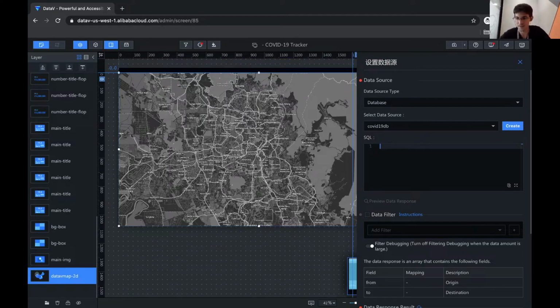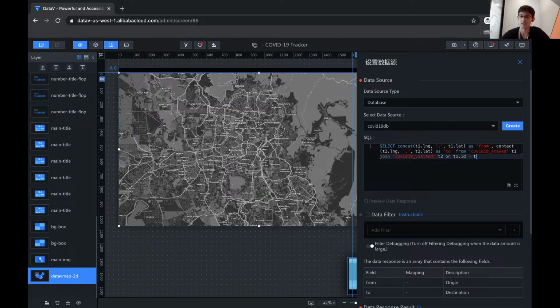I'm going to try to type this in by hand. Select concat t1.lng, a comma, t1.lat, and then as from, that will be the from address. And then concat t2.lng. These are just the latitude and longitude pairs from that database table that we're selecting. t2.lat, again, okay, and then as to, that'll be the to field, and then we'll say from COVID-19 stayed, which is the table that contains the locations people stayed, as T1, and then we'll say join with COVID-19 visited, T2 on T1.id